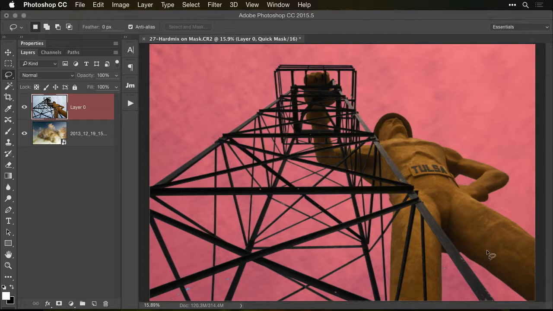And I see just a few spots down at the bottom, and I can easily fix them right now. What I can do is just grab my paintbrush tool, paint with black, and just paint over those areas. Just tiny spots,